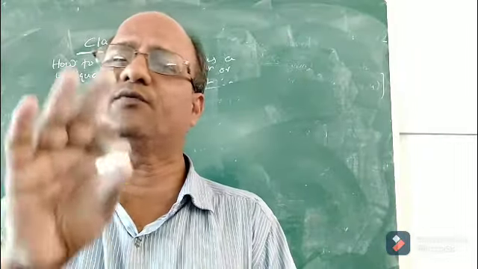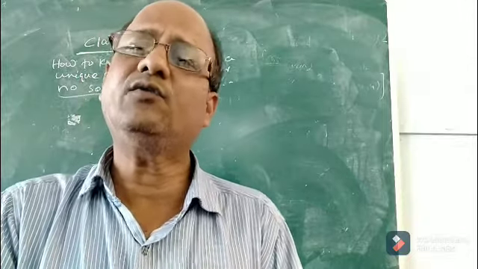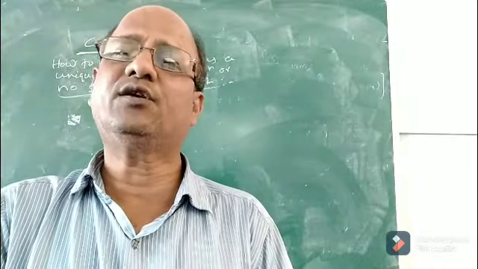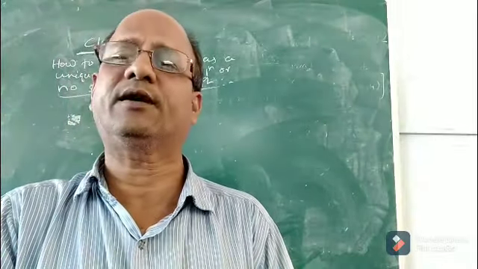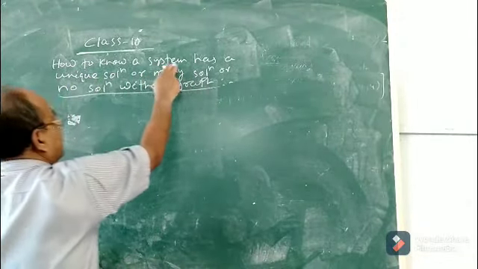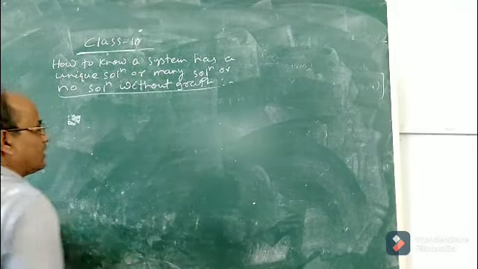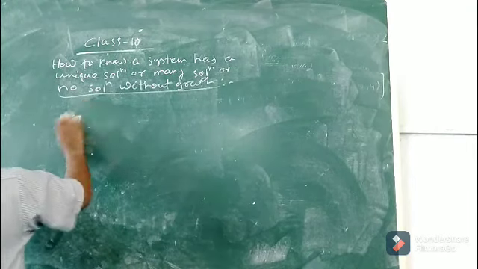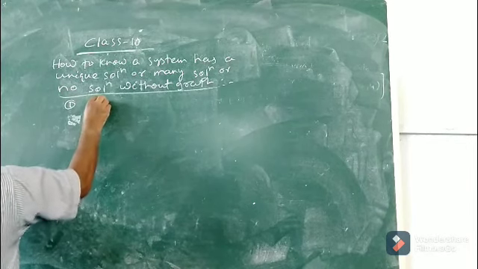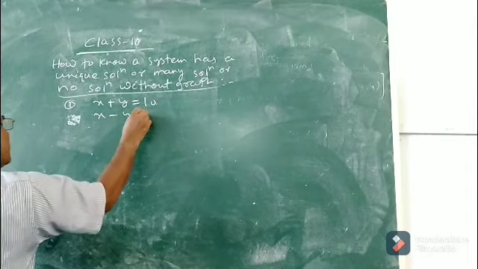Suppose you will not draw the graph of the pair of linear equations. How will you know whether the system will have a unique solution or many solutions or no solution? Without graph, let us see how to know. Suppose, children, you are given, let me give one example to make it clear. Suppose you are given a pair of linear equations: x plus y equal to 10 and x minus y equal to 4.